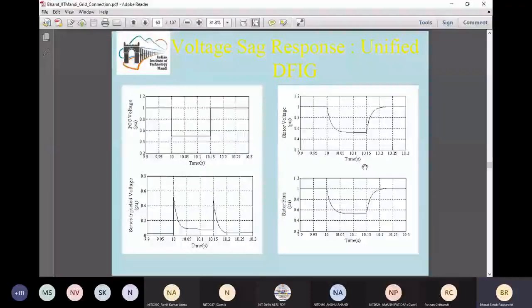These results are for the unified doubly-fed induction generator when the series grid side converter is also introduced. Once again, for a 50% sag, we can see that oscillations from the stator flux, voltage, and different quantities are now reduced, and the system is more well behaved with less oscillation, because the series grid side converter is able to provide series compensation so that these oscillations can be removed, and a well balanced system results.